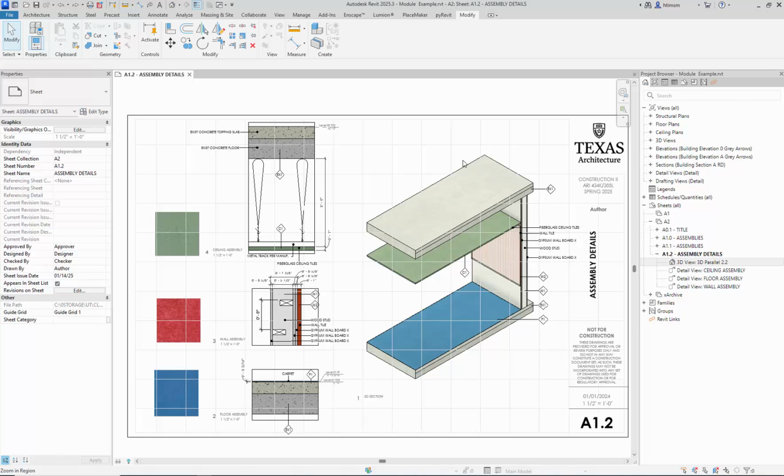All right, so we're going to start to make your different scenarios using design options. But the first thing that we're going to do is actually duplicate the sheet and the views on the sheet. Revit can only place, if you have a view, it can only be placed on one sheet. It can't be placed on two sheets. So what we're going to do is use a command in Revit that's going to duplicate our sheet and copy